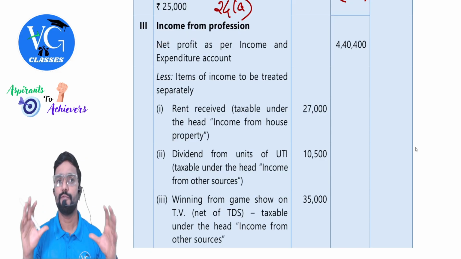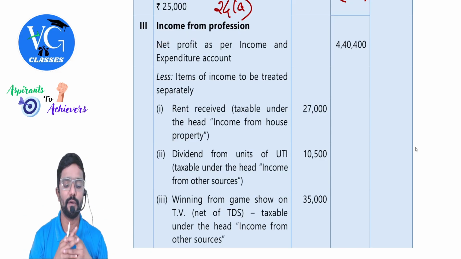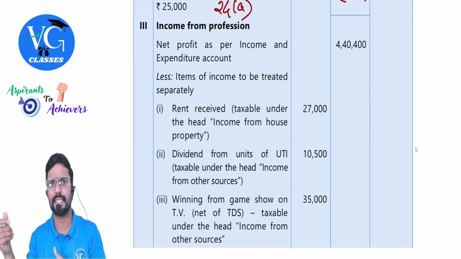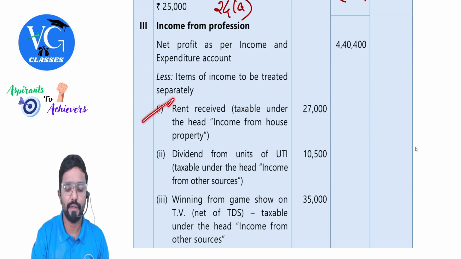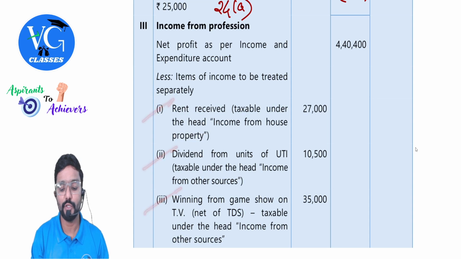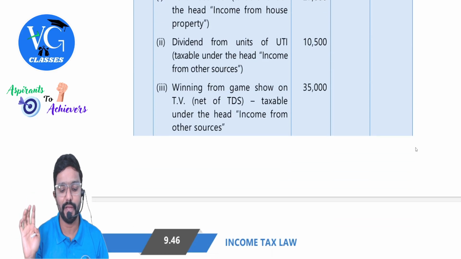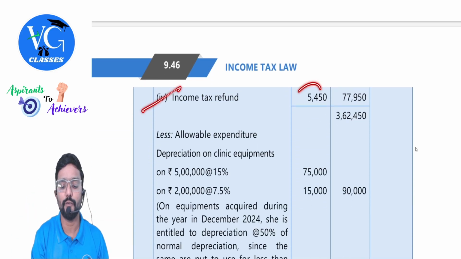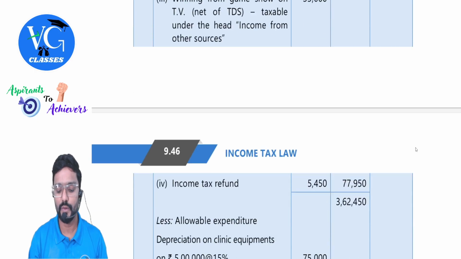So 4,40,400 is the base for us, which is the net profit. From that, items of income to be treated separately or taxed separately: rent, dividend, winnings from game show. You can observe 35 is reduced, not 50, because whatever is credited you have to deduct from your income. Tax refund also, the full amount including principal. Okay, sir. We deducted everything. So the total comes to